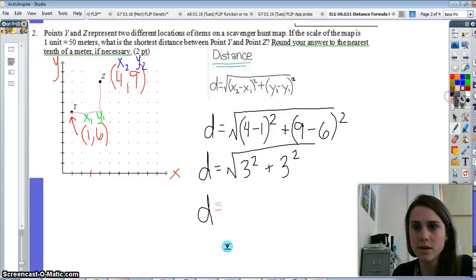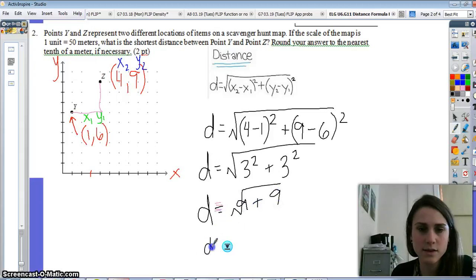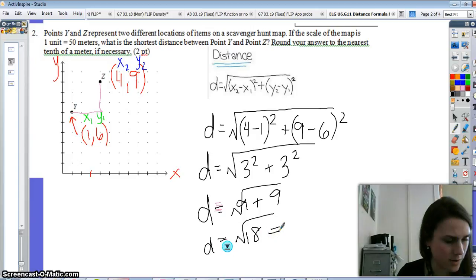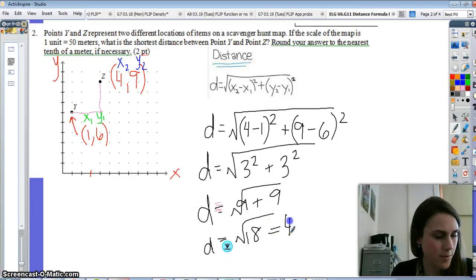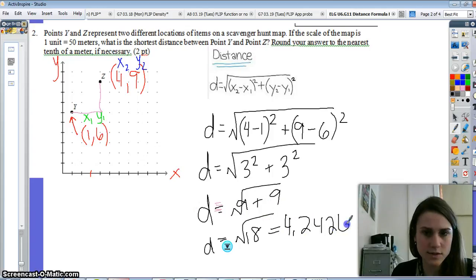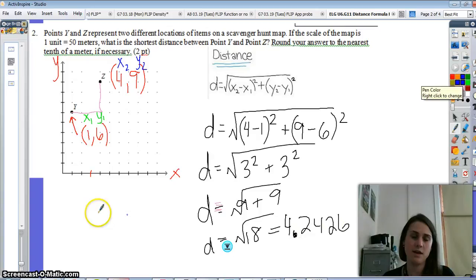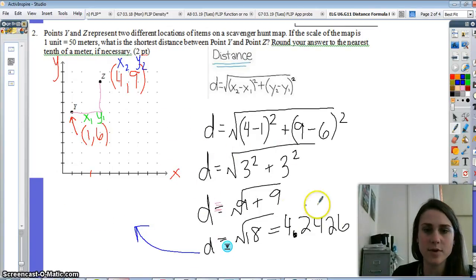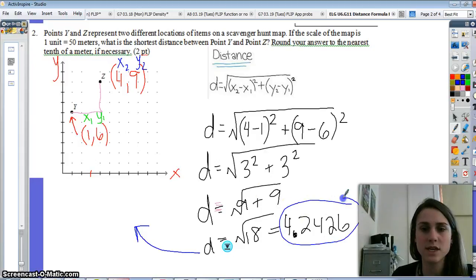Oops, I want black, not pink. Okay. So then we have 9 plus 9. Square root of 9 plus 9 is the square root of 18, which equals, and I'm going to find this in a decimal form, 4.2426. And I'm taking this to many places in my decimal answer because my next job is to find what this number represents in real life